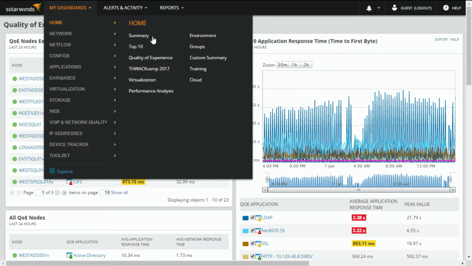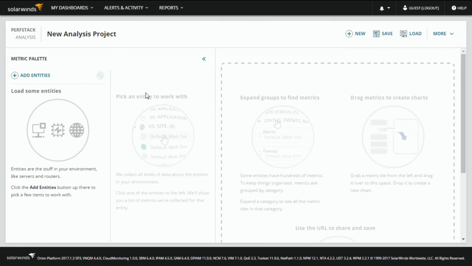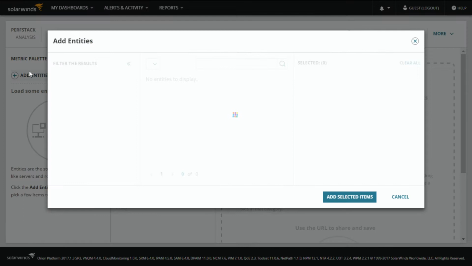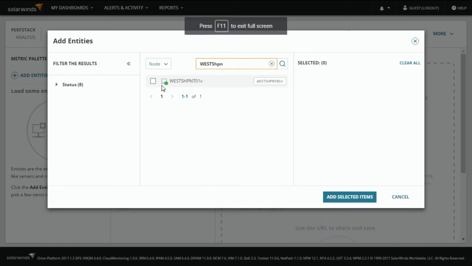We saw in the NetPath that we weren't getting a lot of latency. We weren't having a big variation in the end-to-end latency. We saw that at the graph at the bottom. So I'm just going to take a quick look at that server that NetPath found for me over on the right-hand side. I'll type that in here, West. Here it is. All right.